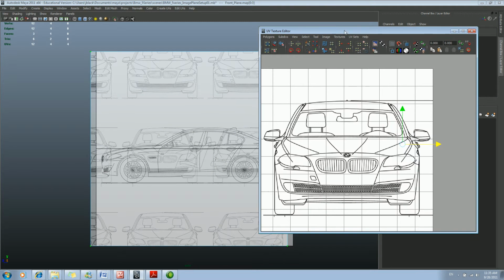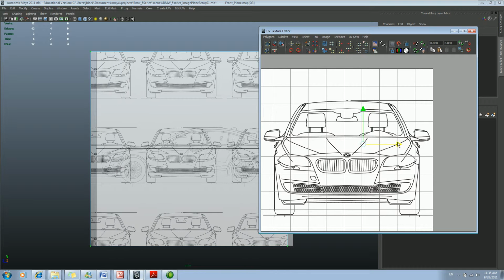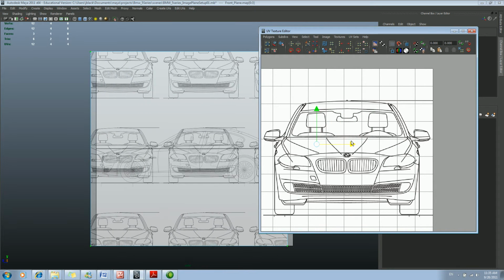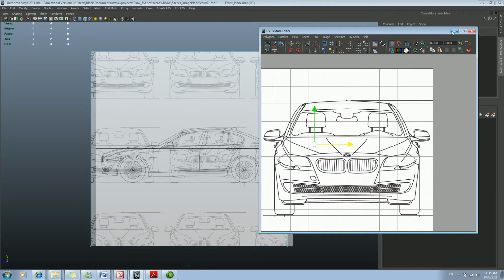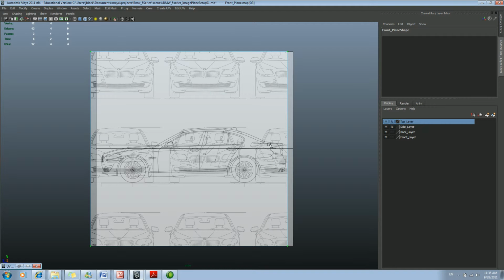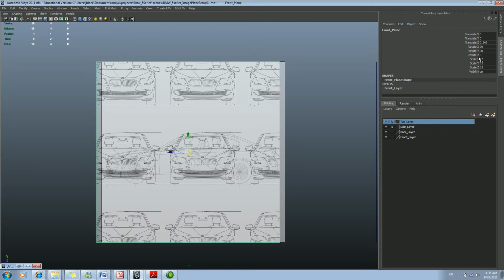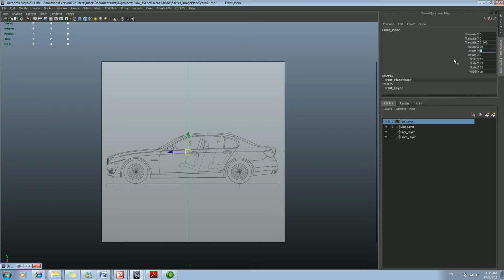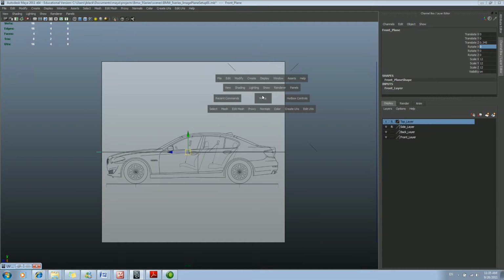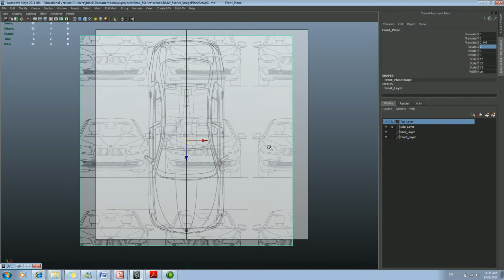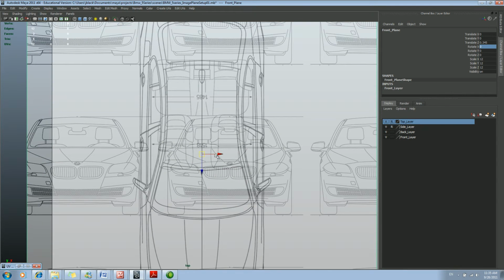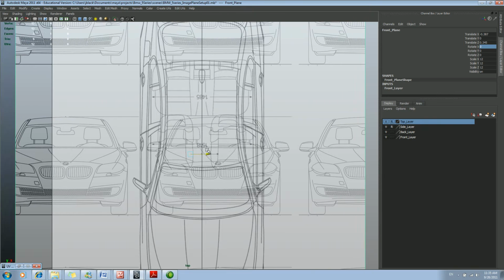So I'm going to go ahead and say, you know what, this looks good to me. I'm going to line it right back up in the middle, roughly. And then from here, I'm going to go ahead and flip this car around, say 0. I'm going to flip this back to 0, 0. Let's look at, we now have to line this up in the top view. We've already lined it up with the UV texture editor, so now I'm going to line this up, moving the